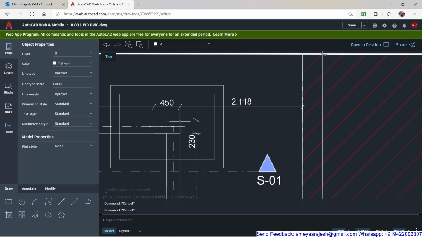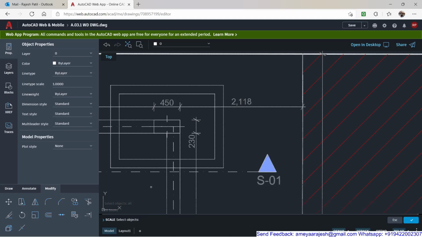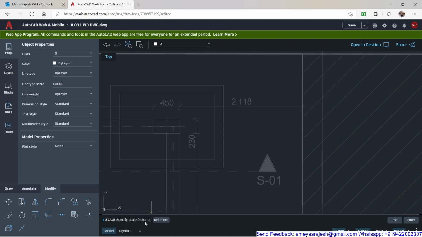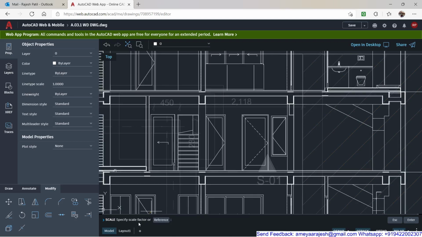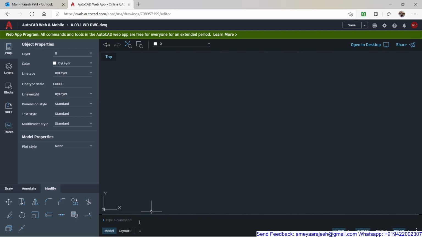So I am going to use the scale command. Once you go for scale, you can select all the objects, and once the objects are selected, the base point you can keep as 0,0 if you want to be specific about the origin. Otherwise you can give any other required base point also, and the scale factor I'll directly put as 50. So obviously my entire drawing will be 50 times bigger.